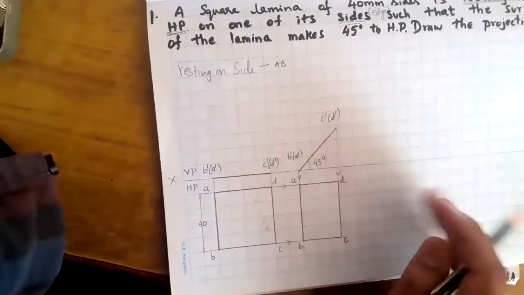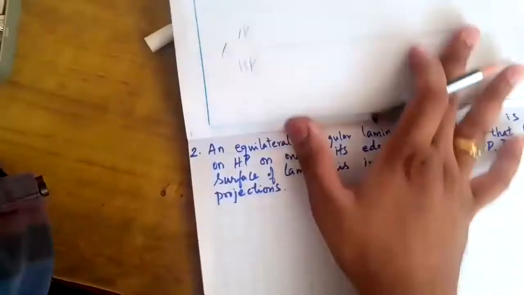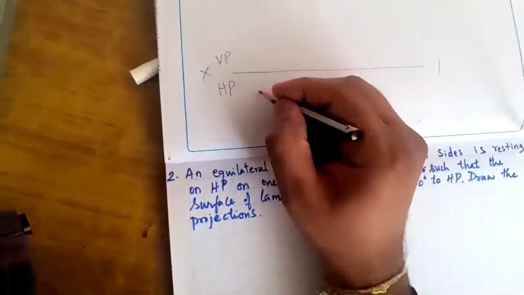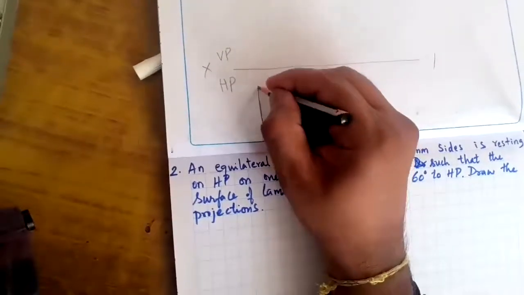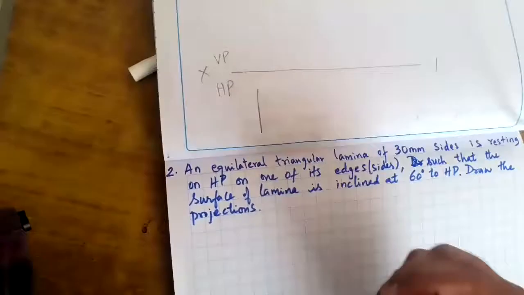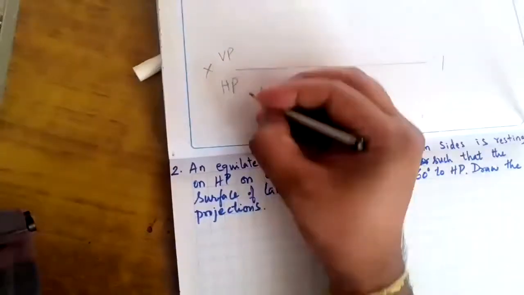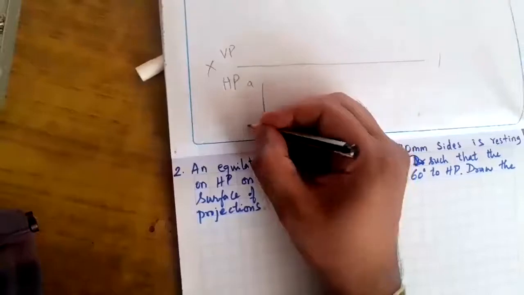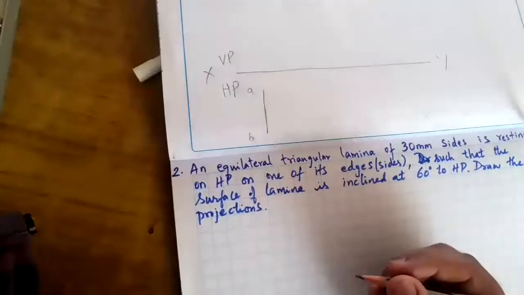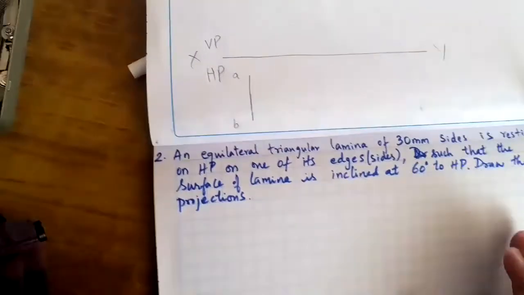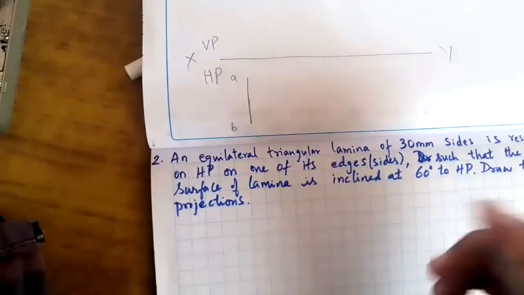So I'll draw a rough sketch to represent an equilateral triangle that has an edge on the left hand side. Like this, I will construct an equilateral triangle. One side of the equilateral triangle I have fixed, and I am marking it AB. Now I don't know how to find C. Why am I doing this? Because I don't know the apparent shape.